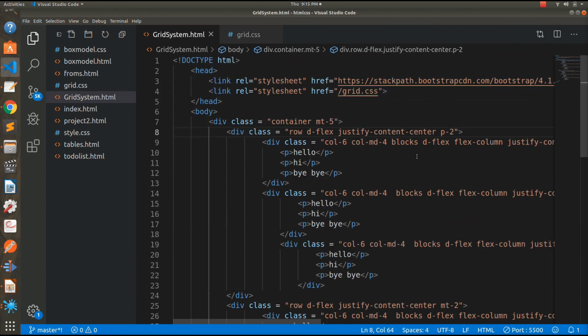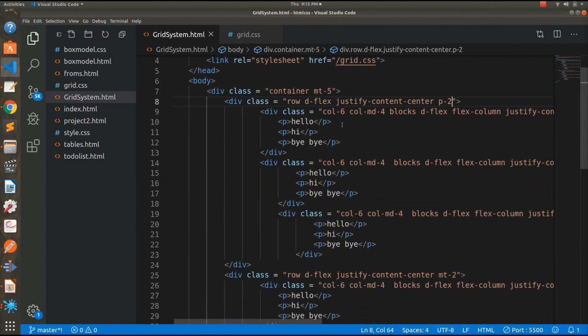One last thing I want to mention here is that you don't need to write dflex here. Dflex is usually written to provide the property of Flexbox, but the grid system, that is the row and column system, comes by default with these Flexbox utilities in Bootstrap 4.